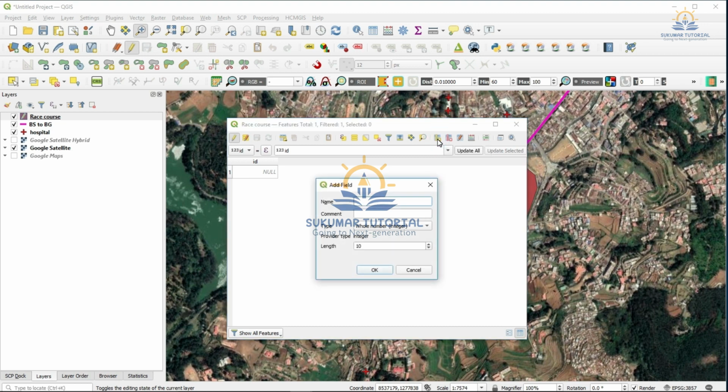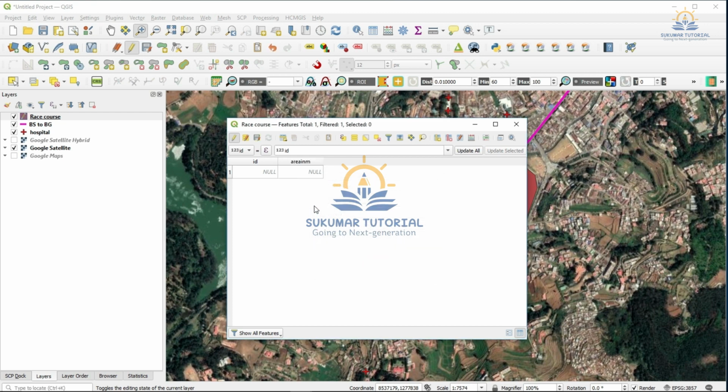Click it, that is area in meters, one field I created. Then type, you have to choose decimal number. Then precision you have to give 2. Say OK. So one field I have created, area in meters.